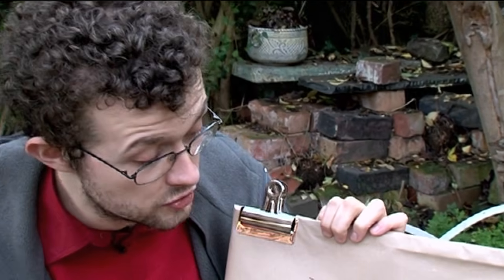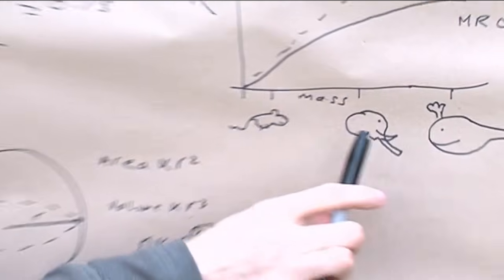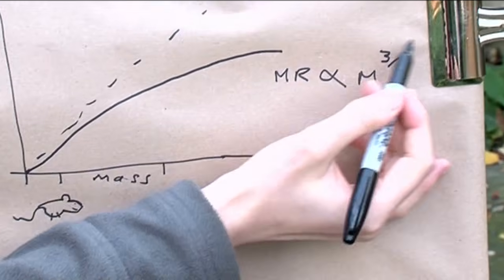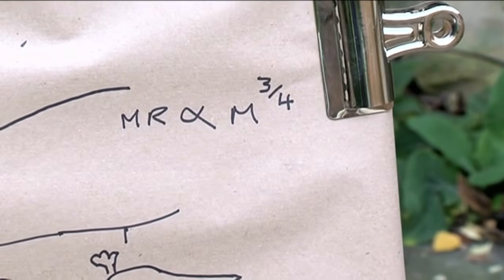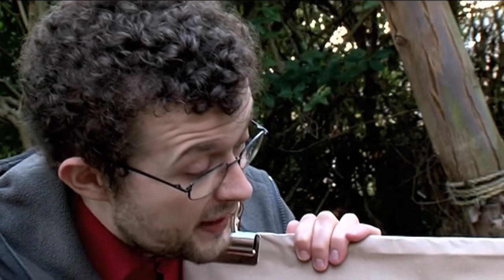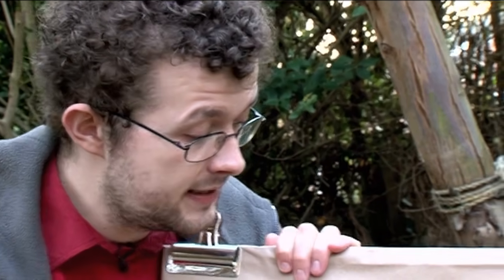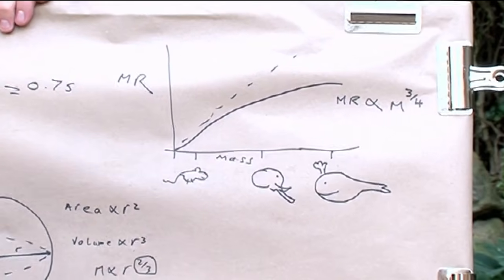And using that fractal structure, you can link the mouse to the elephant to the blue whale. And that does spit out the 3/4 power law at the end of it. So as I said, the bigger the animal, the more efficiently you're using your energy. But using this idea of the circulation system being a fractal, you can then start using it to look at cities,